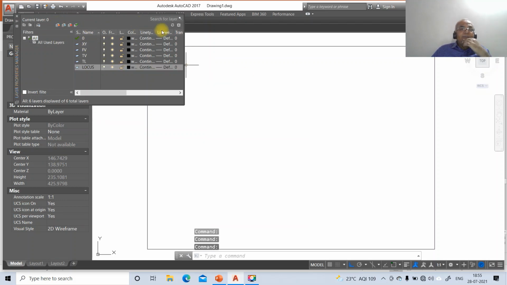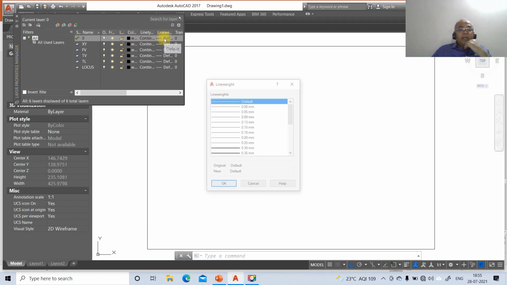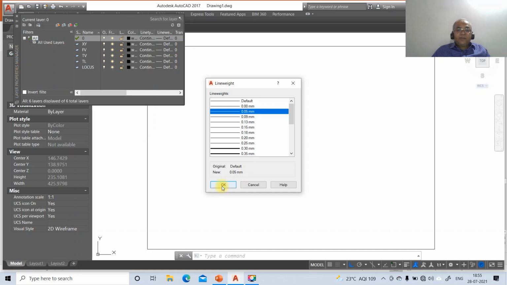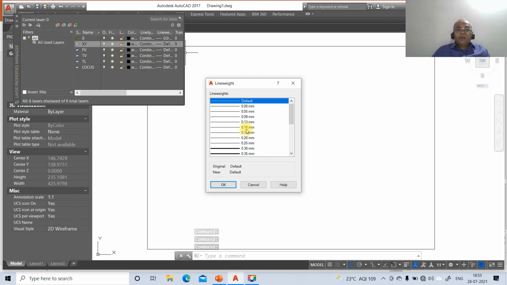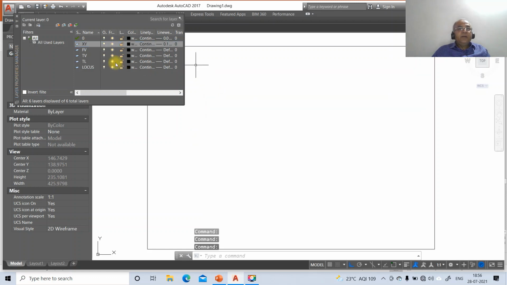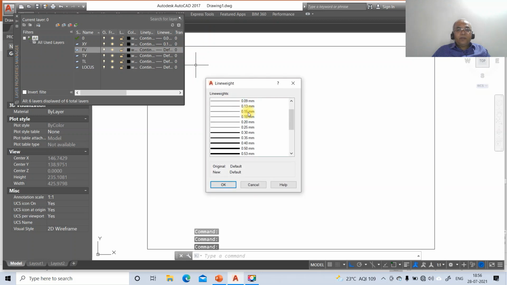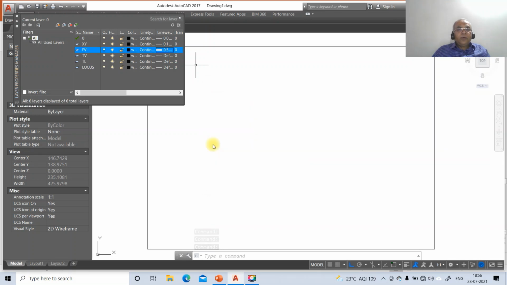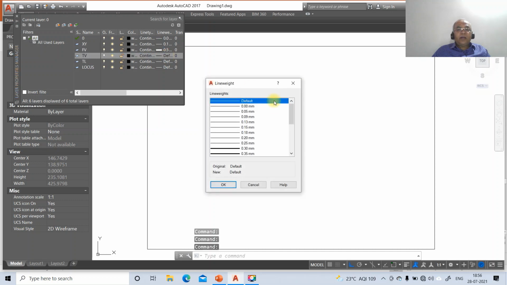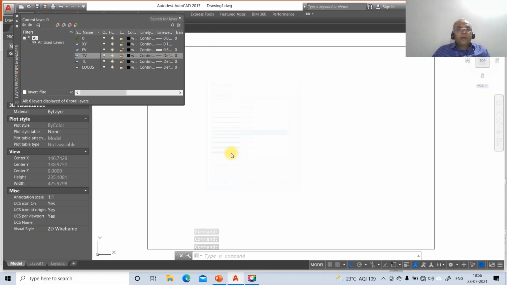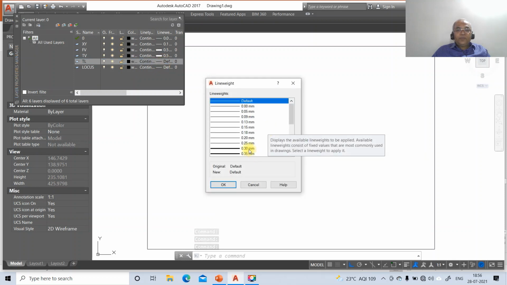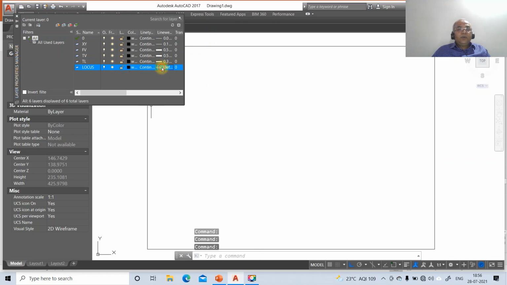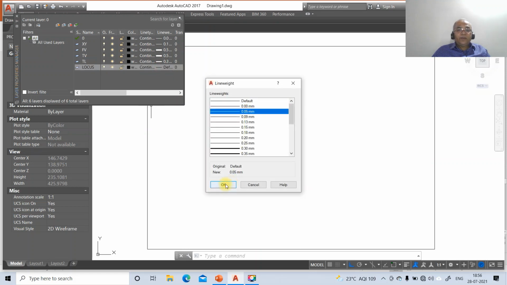Now we need to change the line types and line weights. Here layer 0 will contain projector lines, so the line weight of this is 0.05, and say OK. Then the layer XY will have the line weight 0.13. Click on 0.13, OK. Front view, the line weight will be 0.5. You take 0.5, OK. The top view also should have the line weight 0.5. OK. Then the true length line weight will be 0.3, and the locus line will have 0.05, and say OK.